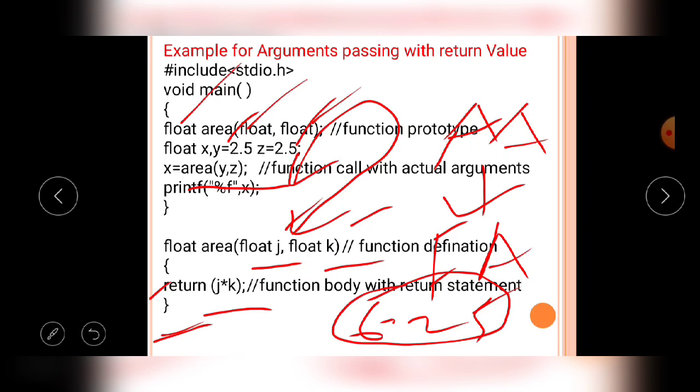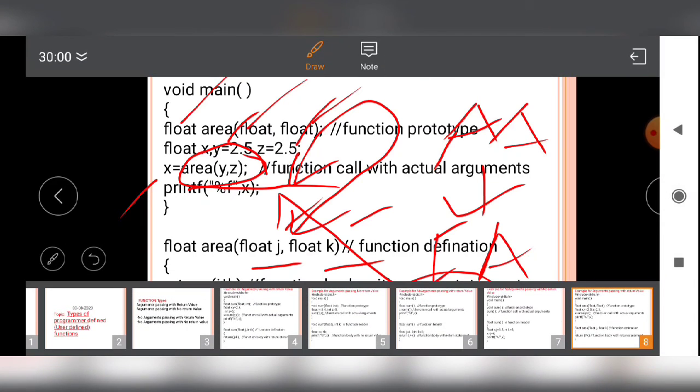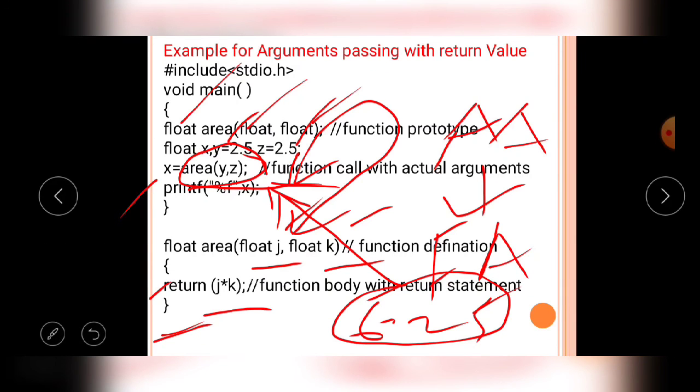That means this line on the RHS side contains the call of the function, so at that place the value is stored. Now the 6.25 value is placed at this line only.